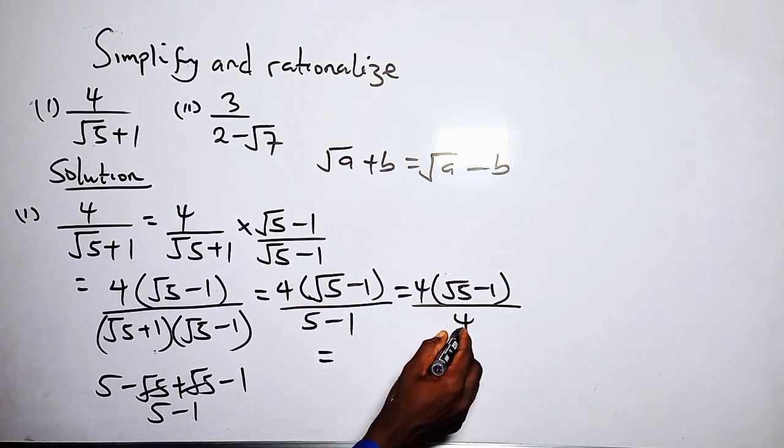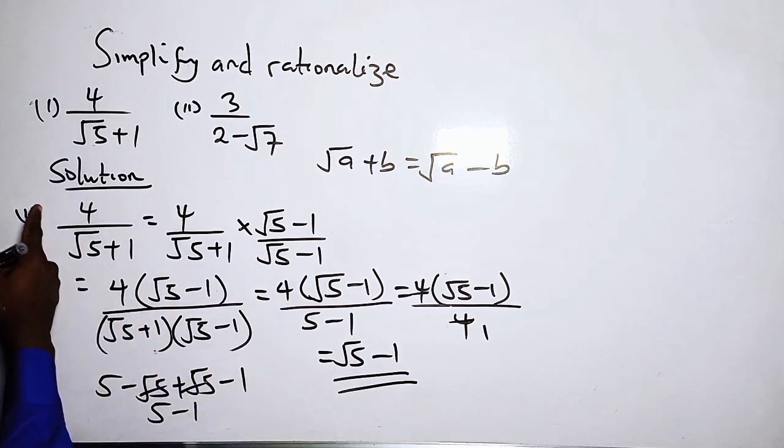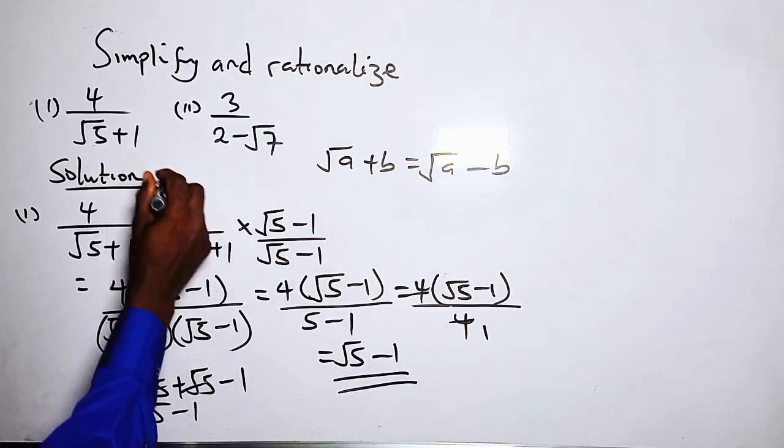So we can easily simplify. 4 here is 1, 4 here is 1. So what do we have left? We have root 5 minus 1 as our result for the first one. And for the second one, we have